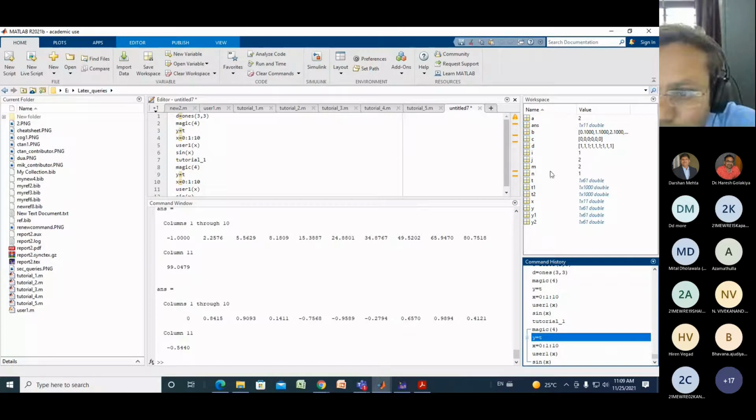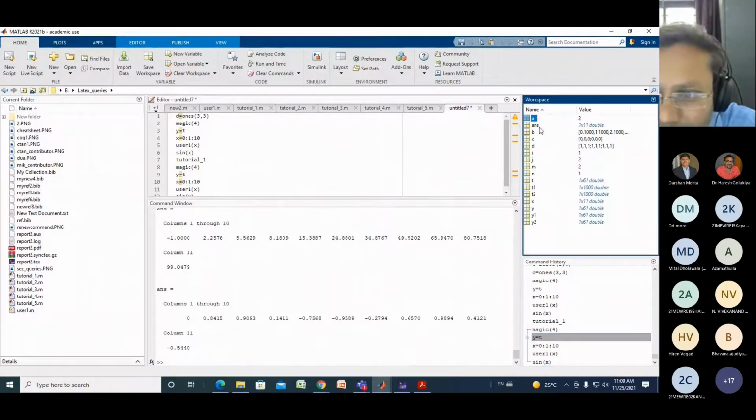The workspace will show you the names of the variables which you have run through your function file, your MATLAB file, or in the command window. So you have run ans, b, c, d, i. These are all the variables that you have used in your file, or in a function file, or run through the command window.